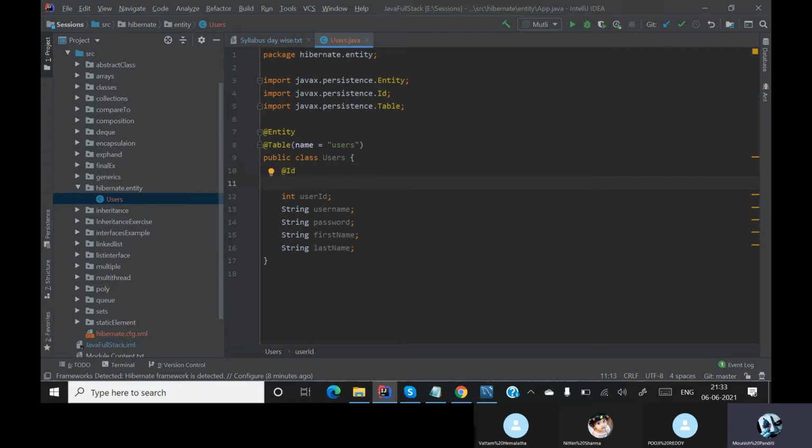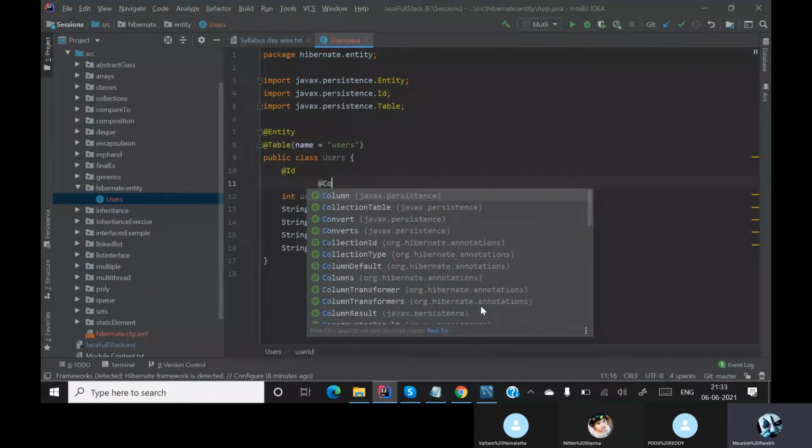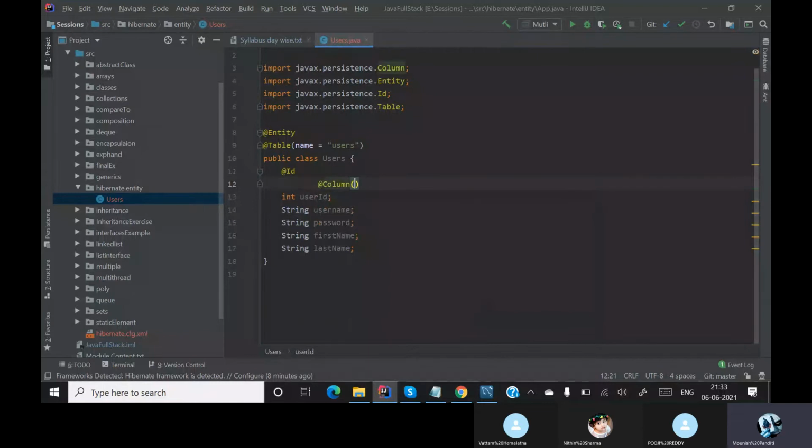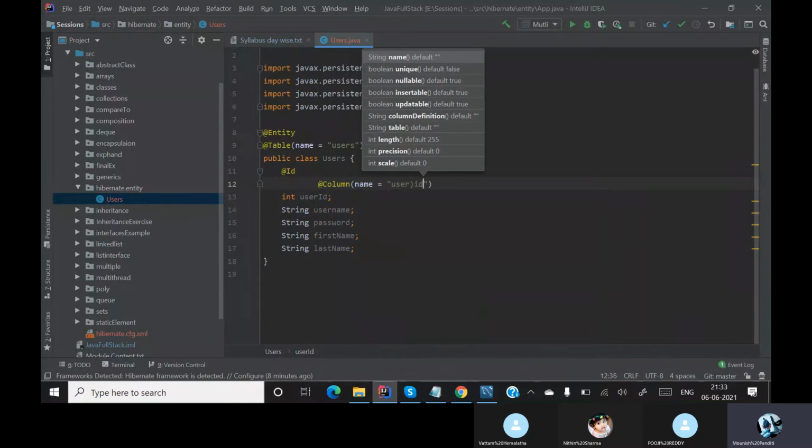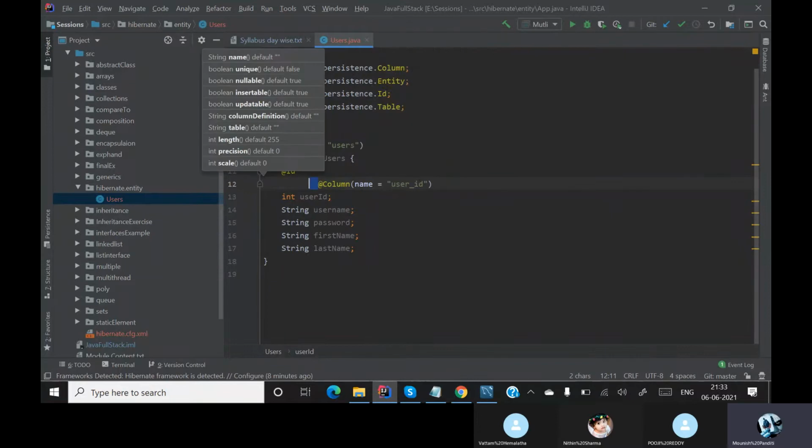So the next one is the column name. For every variable, I'm just giving a column name so that there will not be any confusion. Even if you are not giving the column name, Hibernate will try to understand it, but it may make some errors. We are not sure whether it will or not.